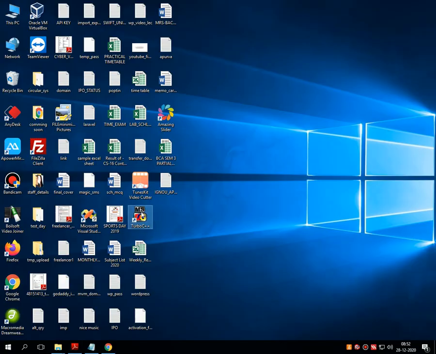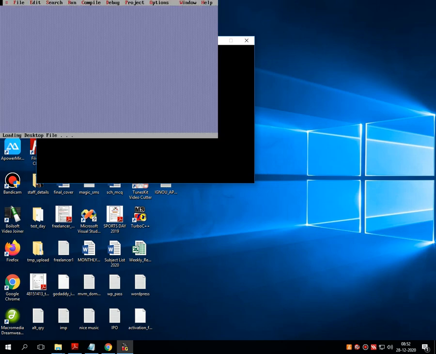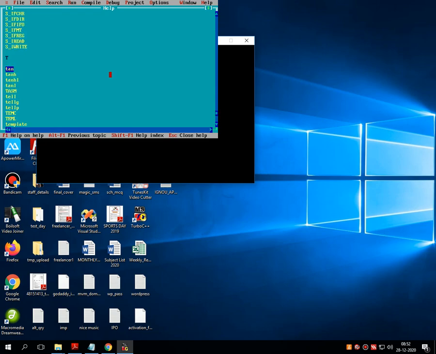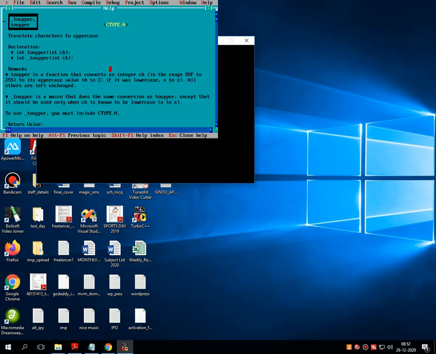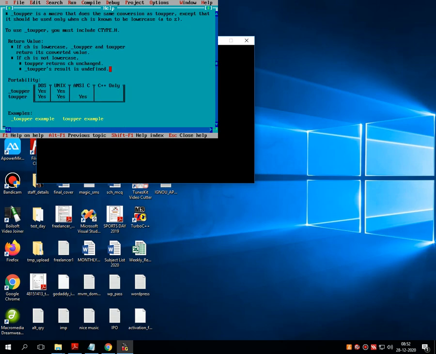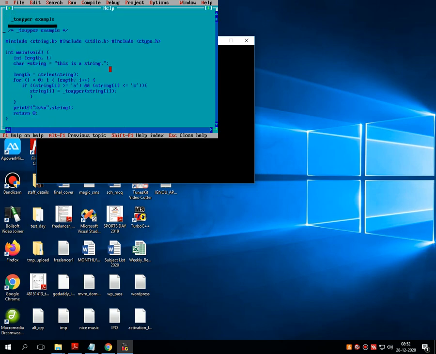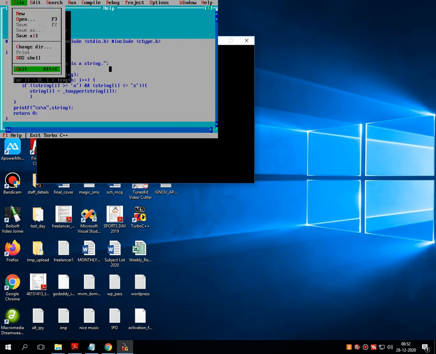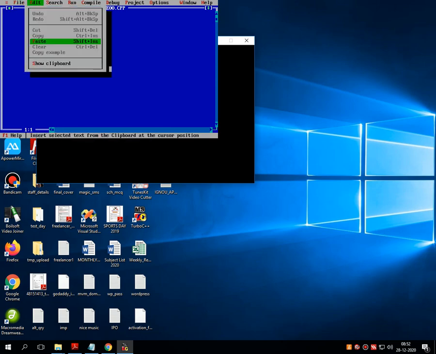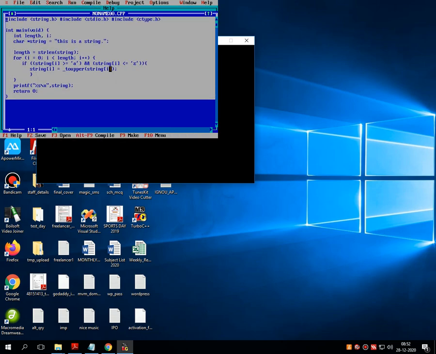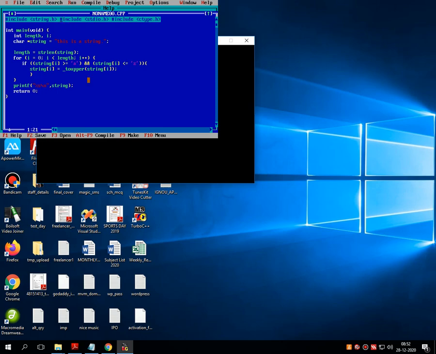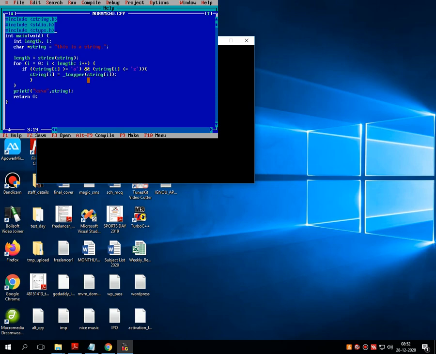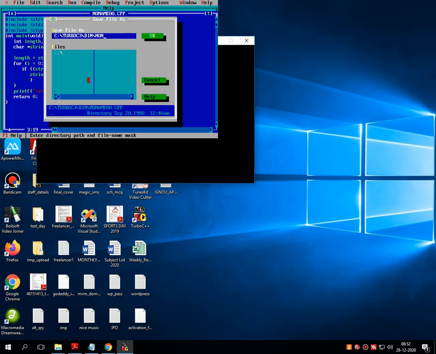For example, let me take this code up front. Paste it over here and make a proper alignment of this entire code so the visibility is proper. Let me save this program as 10.c.